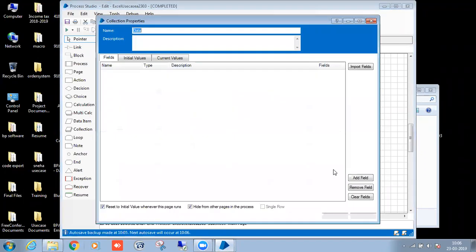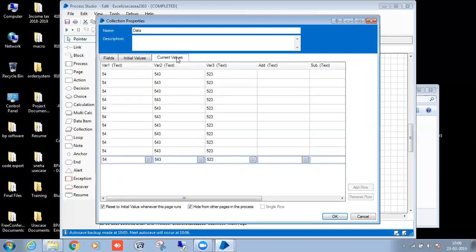And one more interview question. Whatever data we have taken, we have taken the numbers only, right? These are the numbers. But by default, all the field values will be text. This is an important interview question. Whenever we take data from Excel to Blue Prism, every field type will be text. Even if you give a number, it will be text, right? So text to text addition we can't do, right?